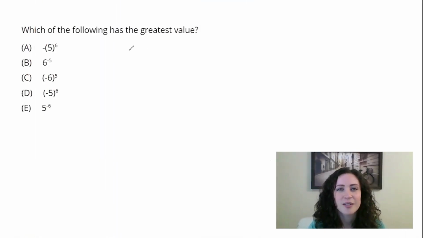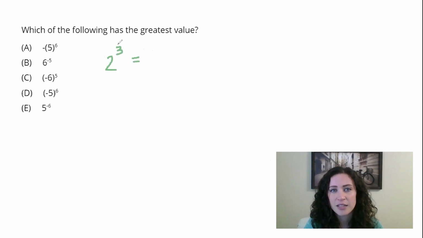So let's ground ourselves in some of the rules of exponents quickly to make sure that you can tackle this problem. All right, when you see an exponent, you always have a base number. In this case, it's 2. And then you'll have the exponent. This is giving you an instruction, and when you see a positive exponent like this, essentially it's just telling you take 2 and multiply it by itself 3 times in a row.